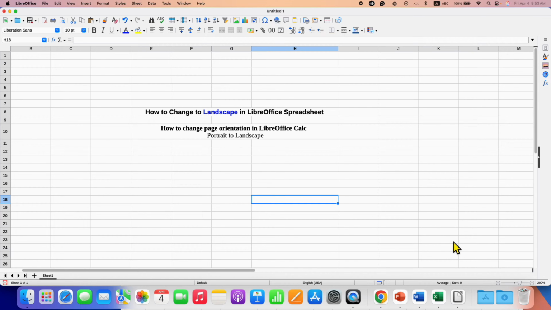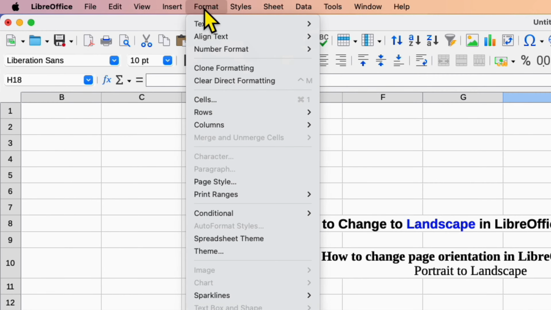In this video, you will see how to change to landscape in LibreOffice Spreadsheet. To change page orientation in LibreOffice Calc from portrait to landscape, you need to click here on the Format tab,